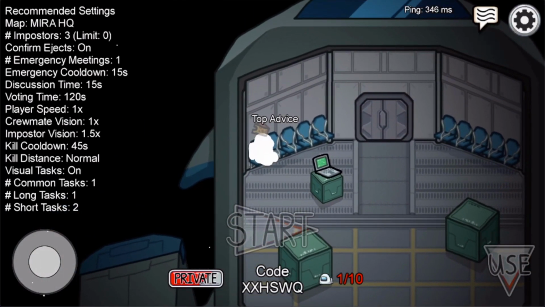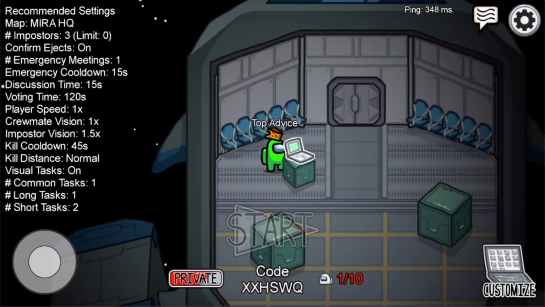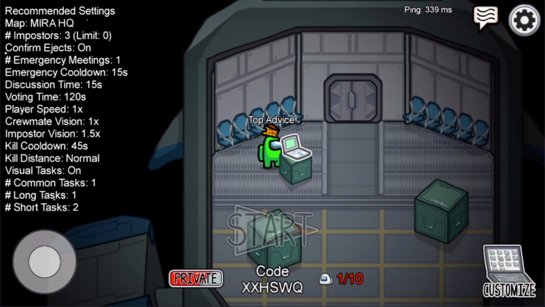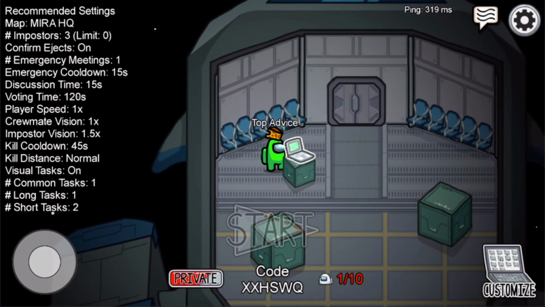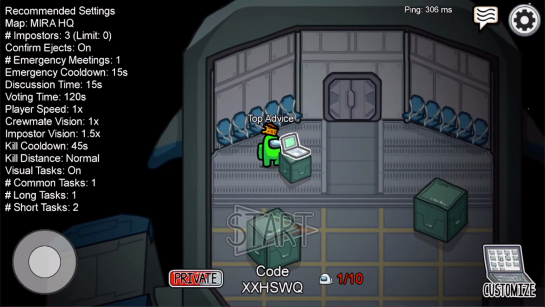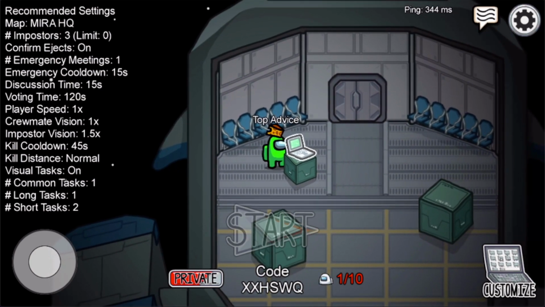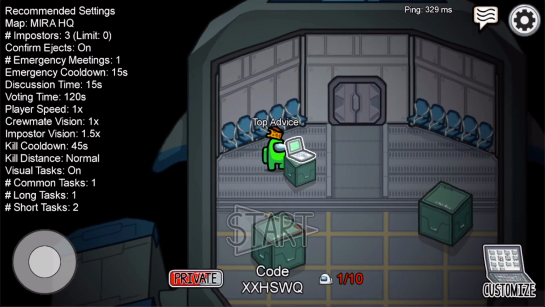And as you can see here, when you hosted the game, below on the bottom there is a code, as you can see here, for me XXHSWAVNQ. So basically, if you want to invite your friends, what you need to do here is to share this